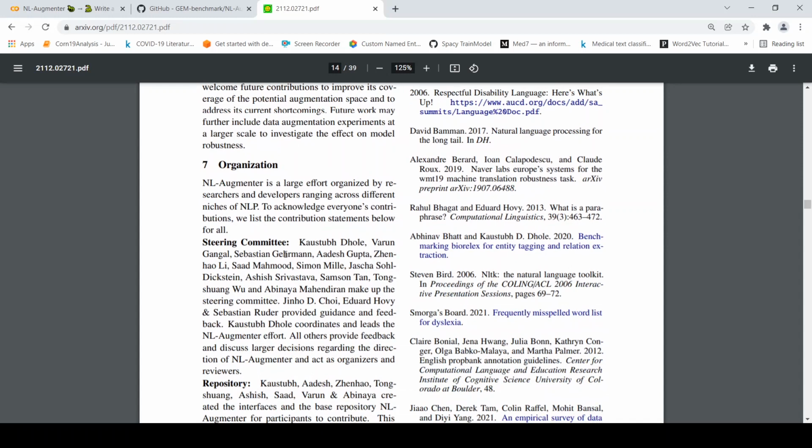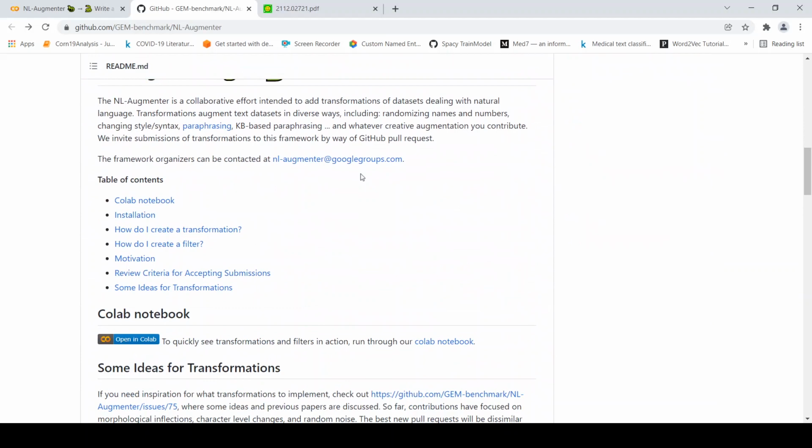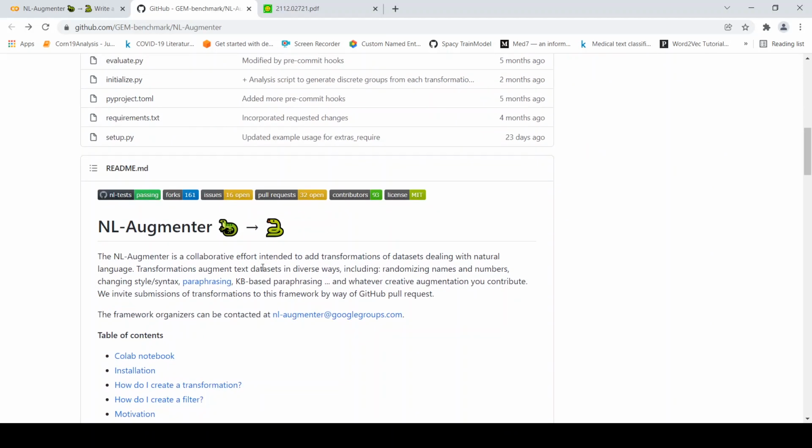So this again shows the power of collaboration, right? You have multiple people collaborating on a common goal and a common task, and they have come out with this wonderful package. Okay, it shows the power of open source.